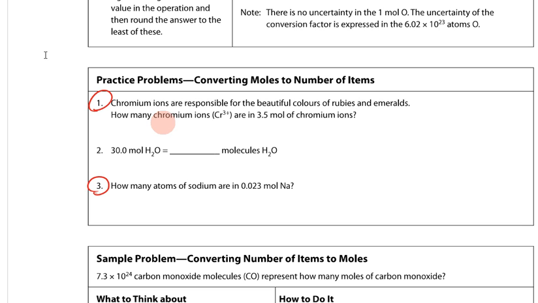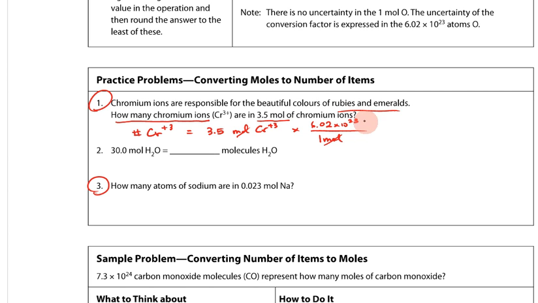Here I have chromium ions, and they're responsible for beautiful colors in these rubies and emeralds. The question is asking how many of these ions are in 3.5 moles of it. So I'm looking for the number of chromium ions, so I'll just put the +3 symbol there. Then I am starting with 3.5 moles of these ions, so Cr +3. I'm going to use the conversion factor of 1 mole on the bottom so I can cancel out the top and bottom there. 1 mole of chromium ions is 6.02 times 10 to the 23rd